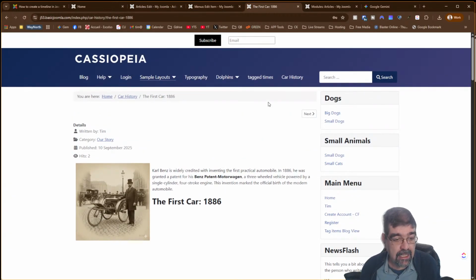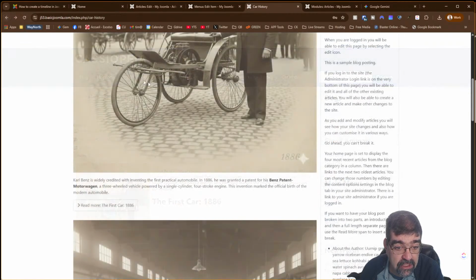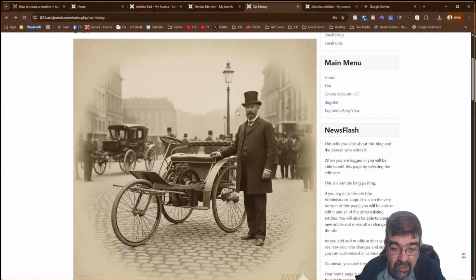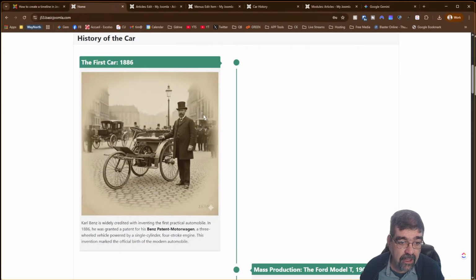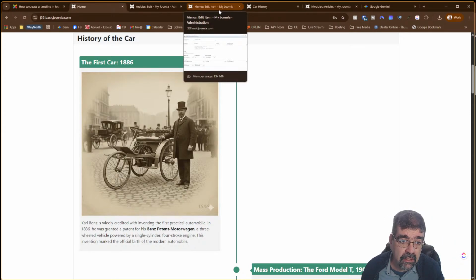Well, you could create a layout override for the category blog view where the intro images had a size and an alignment. But you apply that only to the layout override. So then your category blog would look the way that you want it to. But then you would also still have your full-size image here. Or what we could do is